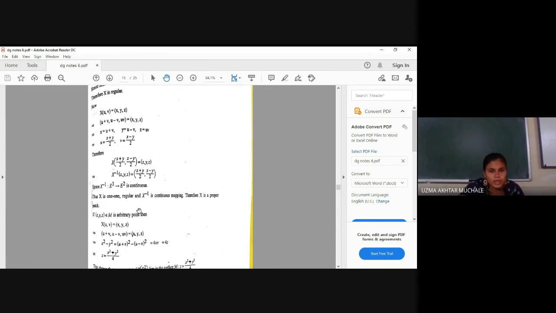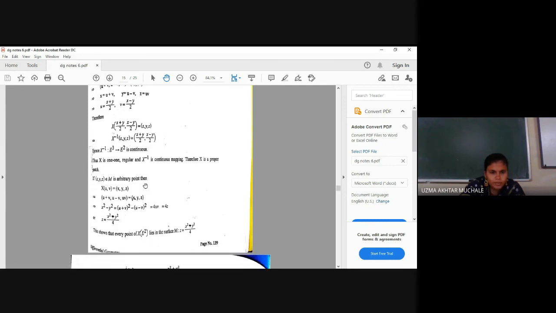So similarly, we can find the inverse function. So x of uv is equal to xyz. So what will be x inverse of xyz? It is in terms of u and v. Here you can see clearly how to find the inverse function. Okay. So next, what we get here: x square minus y square is nothing but u plus v square minus u minus v square, which is nothing but 4 times uv. Correct? So here we just have to find x square minus y square. What is it? x is nothing but u plus v.